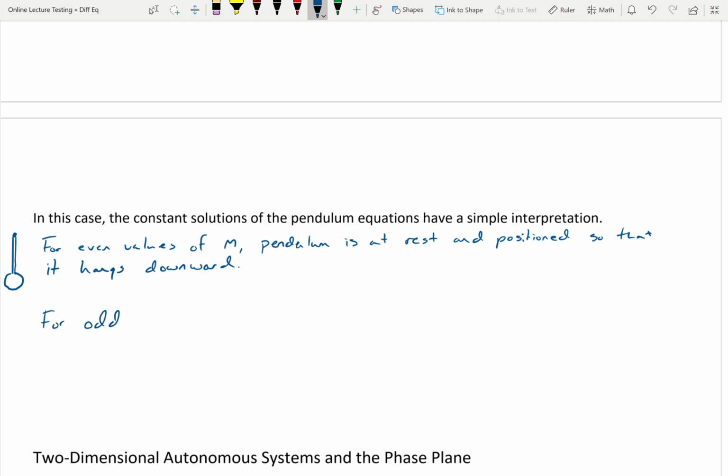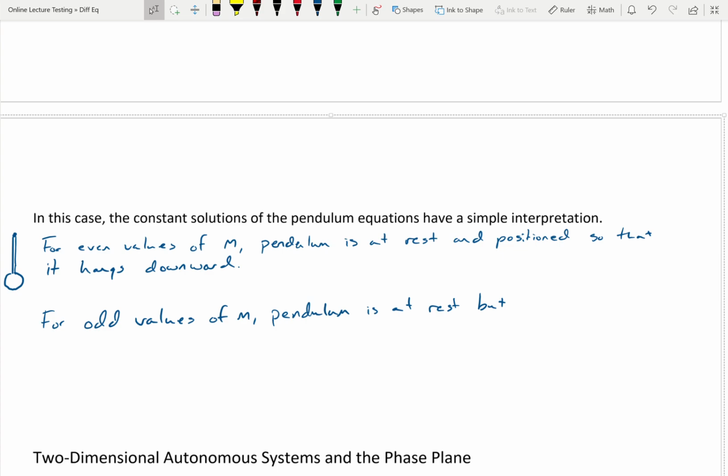For odd values of m, the pendulum is still at rest, but is positioned in a vertically upward position. So then our picture would look like this. So to kind of give a glimpse of what we'd be looking at in 6.4,